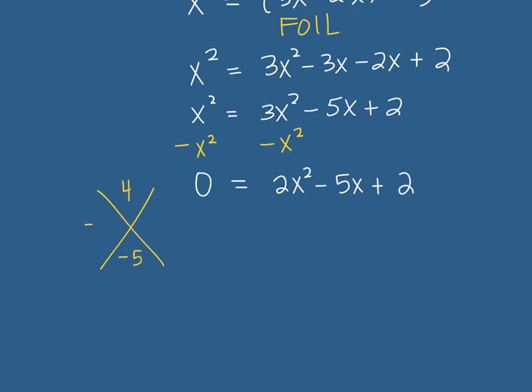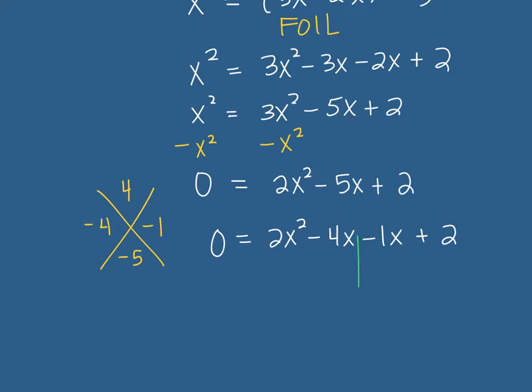4 and negative 5 would work for negative 4 and negative 1. That doesn't mean negative 1 and negative 4 are my answers. That means that I take the negative 4 and I write it and I follow it with the negative 1. Okay, so some of you are slipping into some bad habits of star and you think, oh, negative 4, negative 1, those are my answers. They're not. They're part of the process